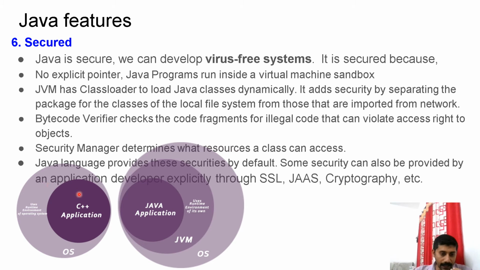From this diagram you can get an overview. This is your operating system. Within that operating system, a C++ executable is directly executed on top of the operating system. But in the case of Java, it is executed within the JVM. Only the JVM executes directly within the operating system. So your Java program cannot directly create any damage to the OS. It has to bypass the JVM for doing that, but that is not allowed. It is running within the virtual machine, and the virtual machine will not allow it to do any harmful things to the operating system. That's where it becomes more secure.